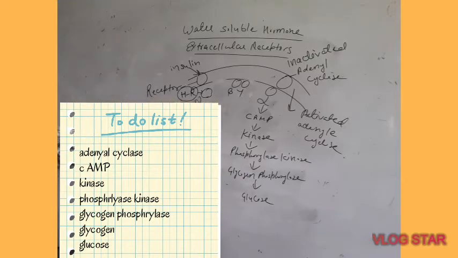So when the activated alpha unit, with the help of the hormone receptor complex, combines with adenyl cyclase, it converts inactivated adenyl cyclase into activated adenyl cyclase. This activated adenyl cyclase further converts inactivated AMP into activated AMP. AMP is adenosine monophosphate, which is found inside the cell already but in inactivated form. So it needs to be activated, right?